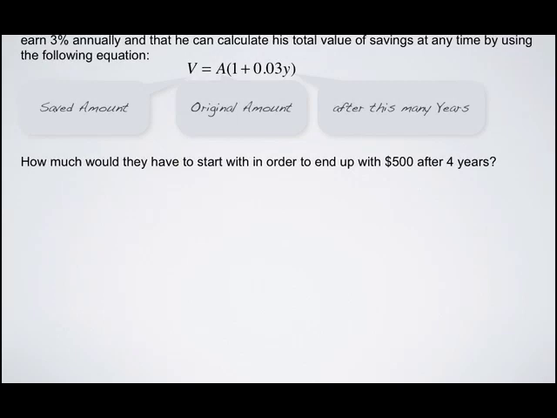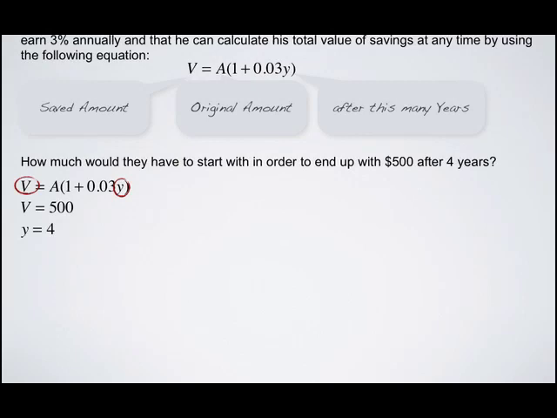Again, we've been given some values. We have our formula, and we know that they want $500. That's the saved amount. We also know that they want it in 4 years. That's the amount of years. So we'll substitute these letters V and Y with their values in the question into the formula, and then we'll